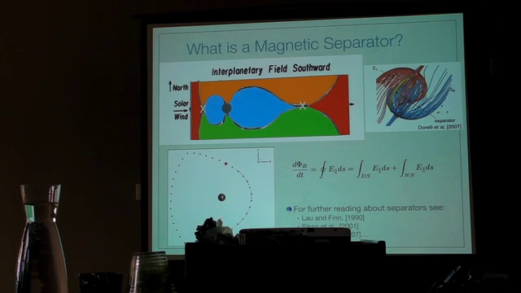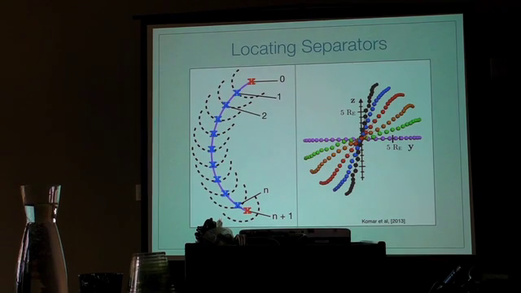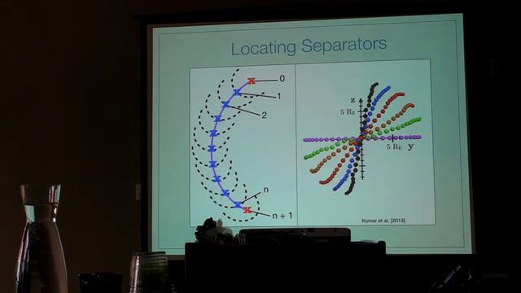Of course, I didn't invent this. There are several papers. I think the best overview comes from Lau and Finn in 1990, but there are many others you can look at. It turns out that tracking separators is really hard to do, but Colin Komar, who was at West Virginia with Paul Kasich, and is now at NASA Goddard with us, developed a method as part of his PhD thesis. I'm not going to go through the details, although I encourage you to read Colin's paper, but it's very effective at tracing the separators for arbitrary magnetic field